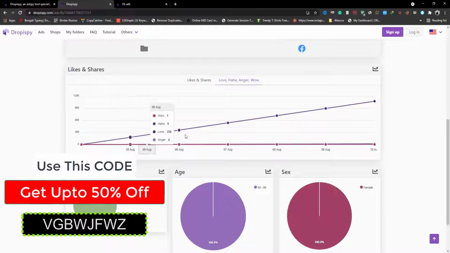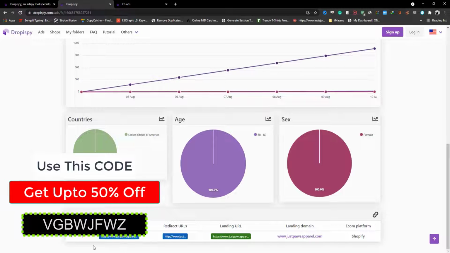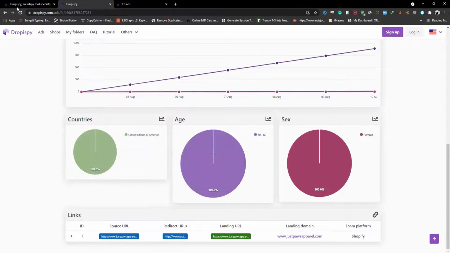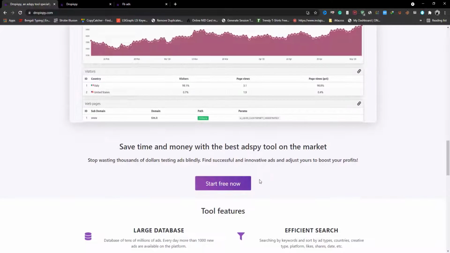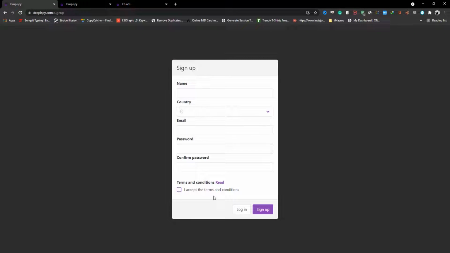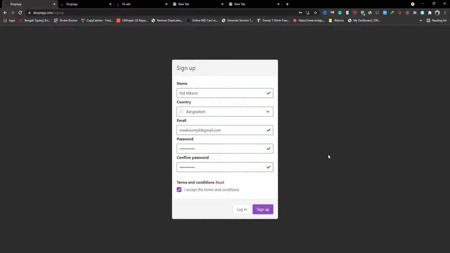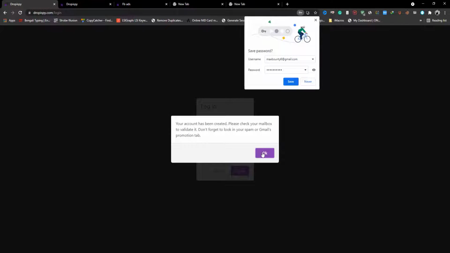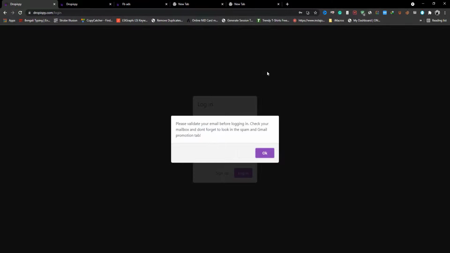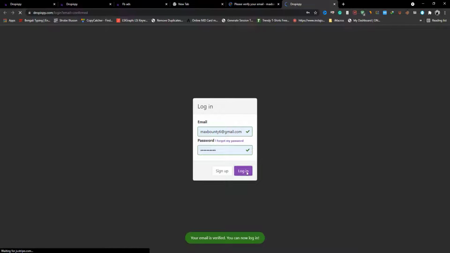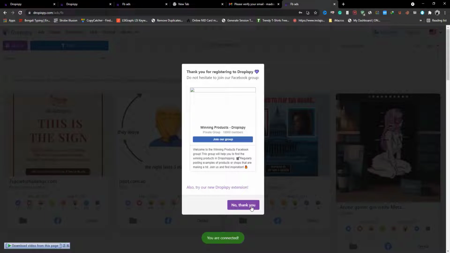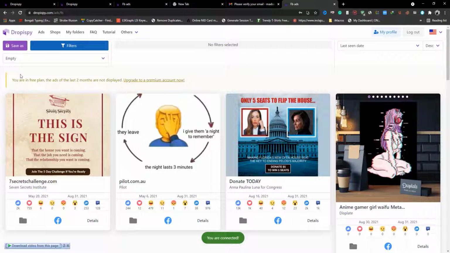Anyway, after you sign up for this tool, you can see there is much more data you can use, like which country they are running ads from and for which country, and what audience ratio they are getting on their ads. You can use any of your email and information to sign up for this tool. After you sign up, you will see a confirmation mail. After you confirm your mail, you can get a full tutorial on how to use this,